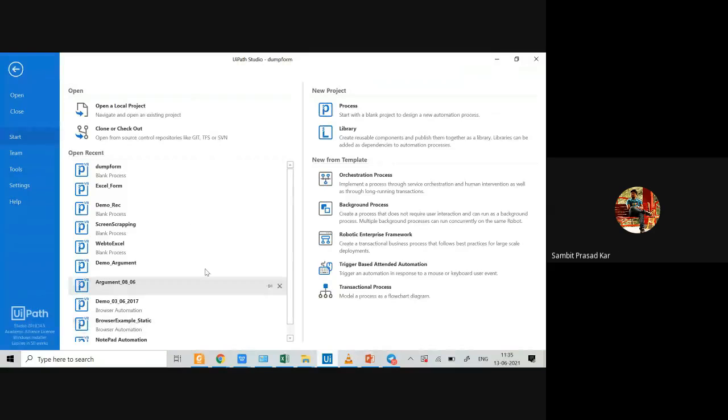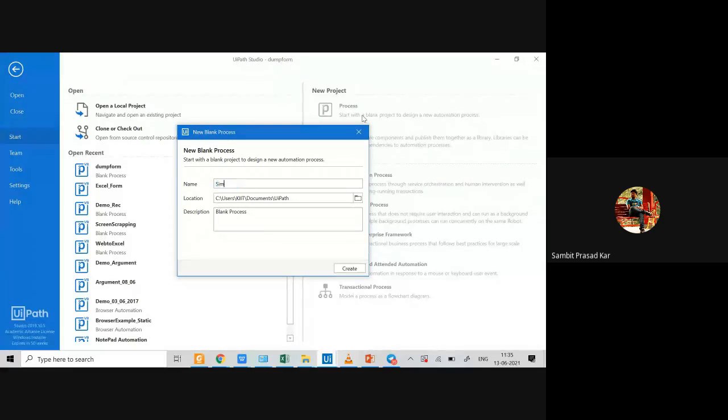Okay, so let me create a simple data table exercise.